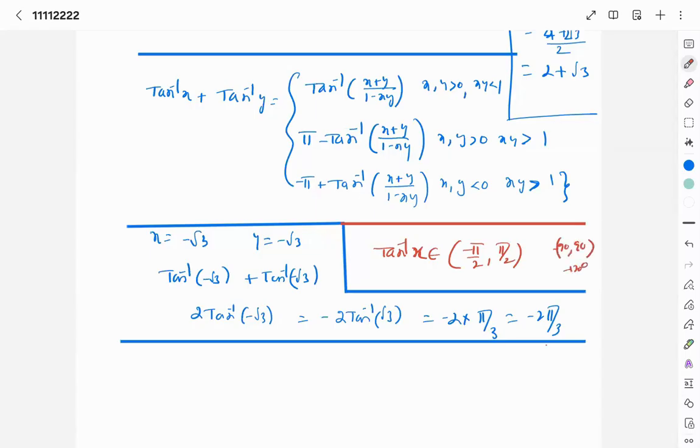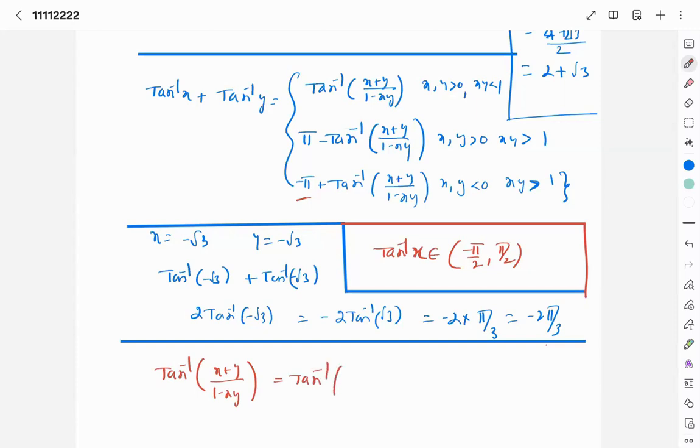It is minus 120 degrees. It is beyond the range, right? So if you write this without adding this, tan inverse x plus y